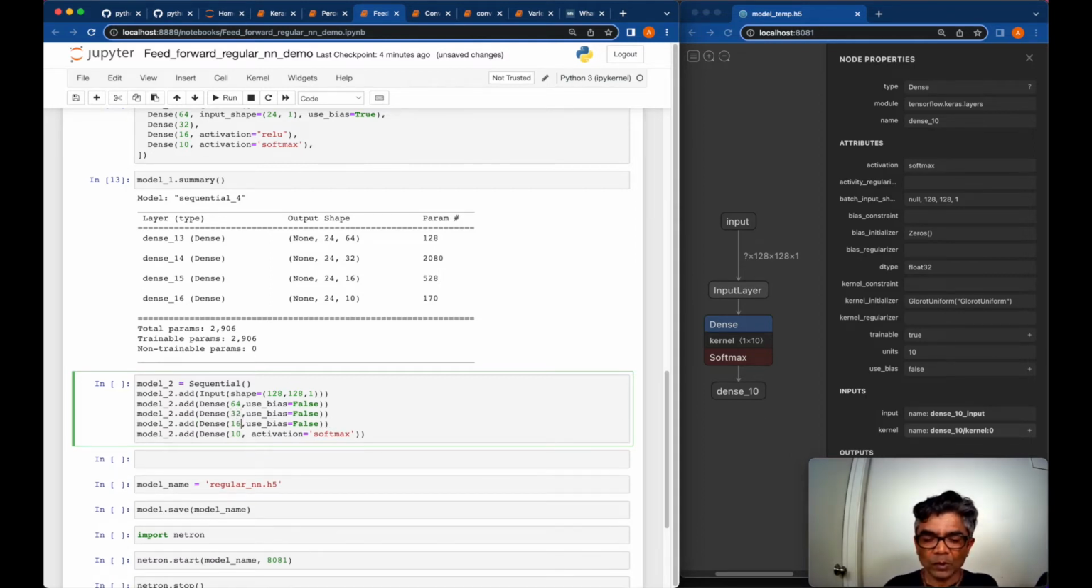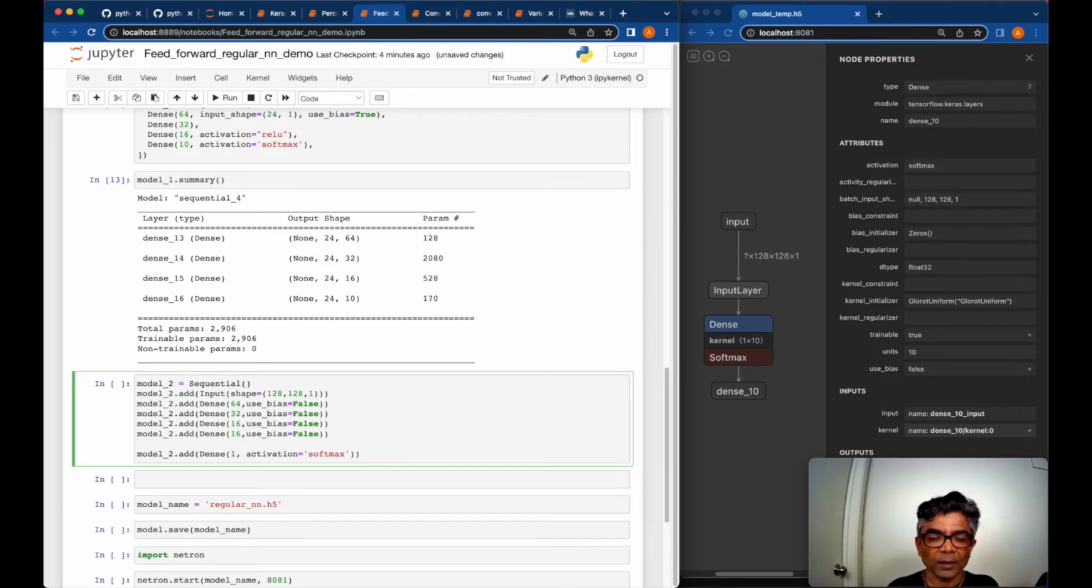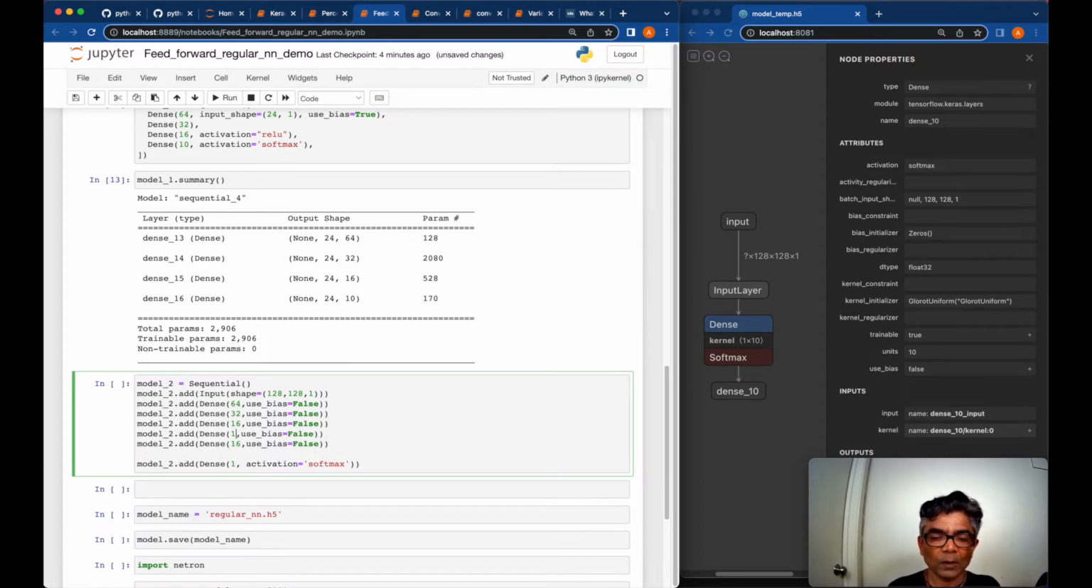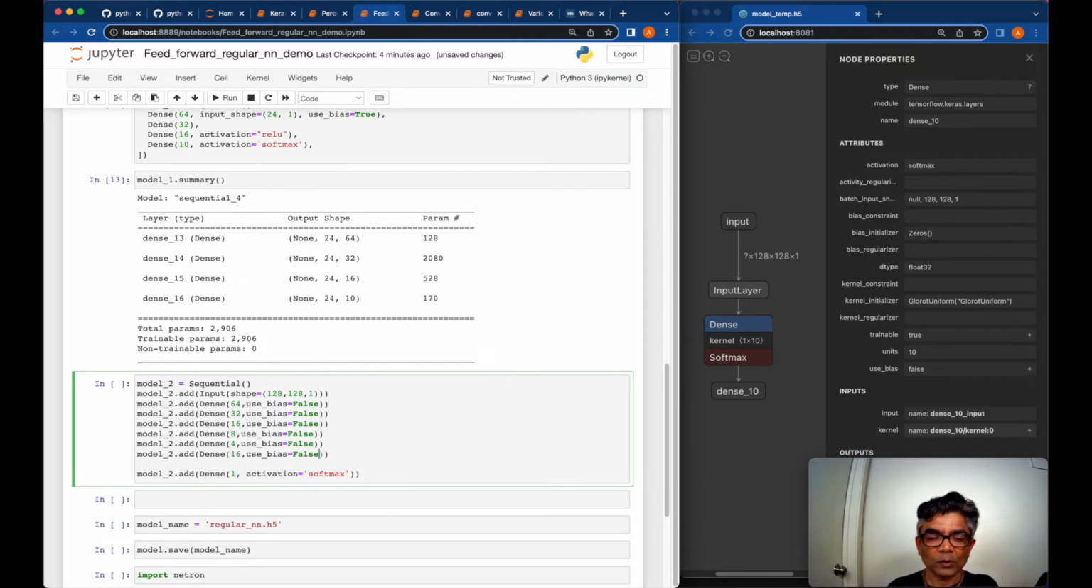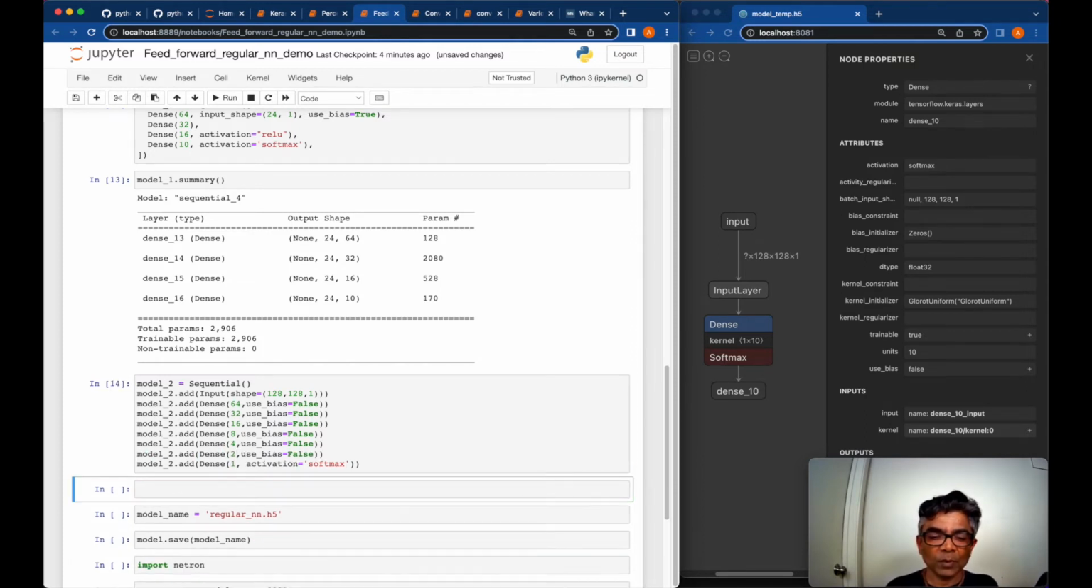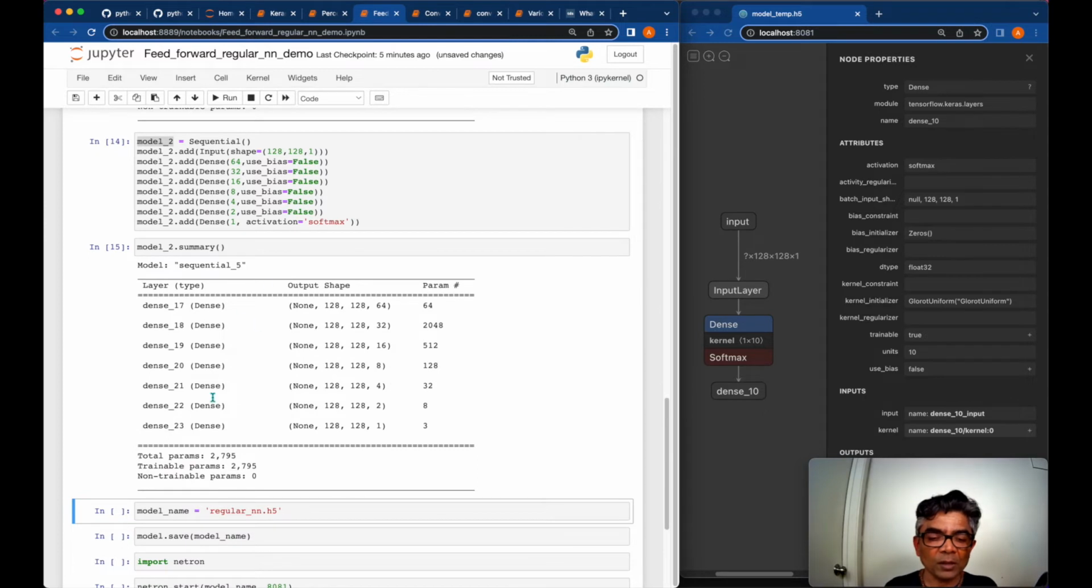32, 16, your output could be the 1 after that, and then you are saying that let's make 8, 4, 2. These are all number of neurons. This is your model 2. And if you take the model 2 dot, this is your sequential model. If you save model 2,